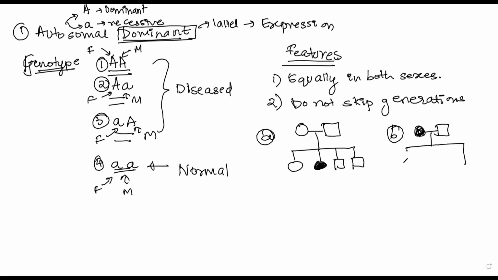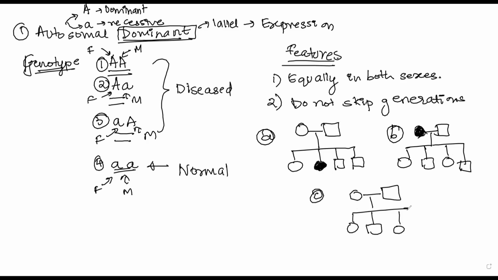Okay. Now, what you can see is that here none of the parents are affected, but the son has got affected. Here one of the parents was affected, but none of the children are affected. Let us see another pedigree like this. This is a little longer pedigree. Say now further, this one married an outsider and now there is this child, that is this boy who is